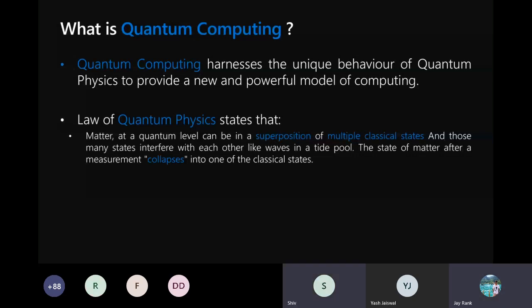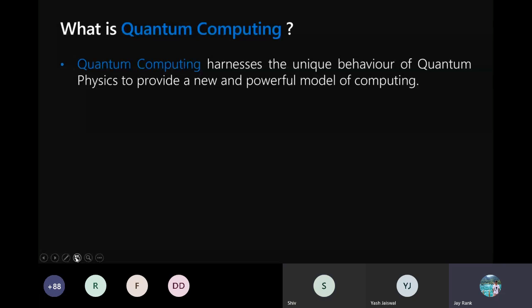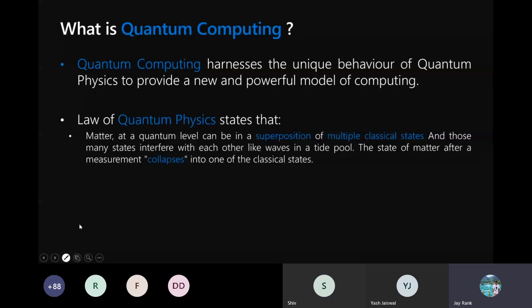So what I was saying was, you must be wondering what this principle of quantum mechanics means. Let me take a pen and highlight it. So what is quantum physics?